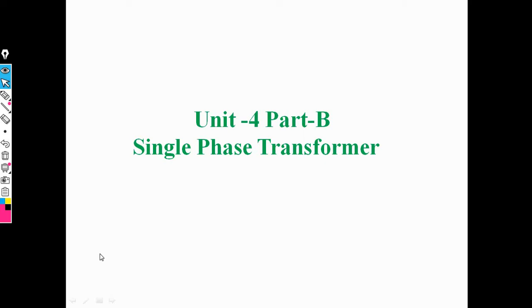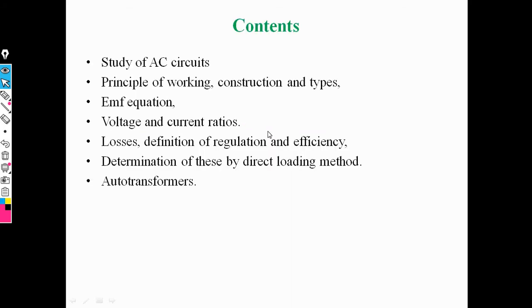Okay, in unit number 4, part B, that is single phase transformer. Now these are the contents in unit number 4, part B: study of AC circuit, then principle and working of transformer, construction and types of the transformer, then EMF equation of transformer, then voltage and current ratio,